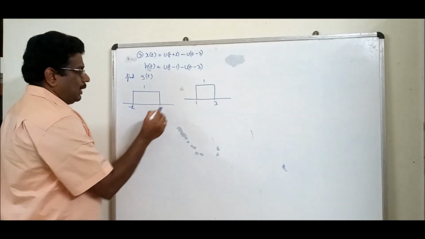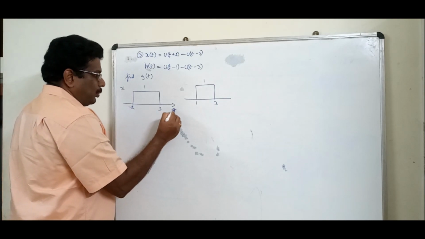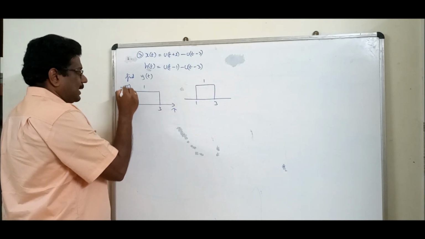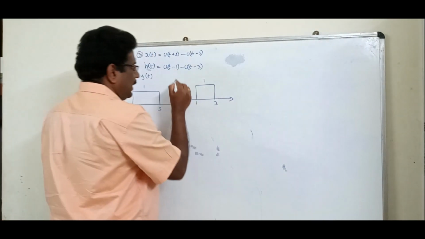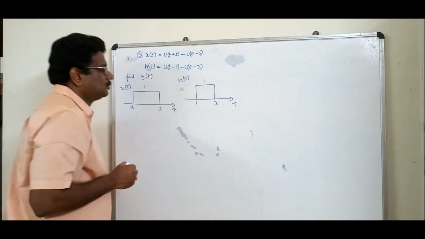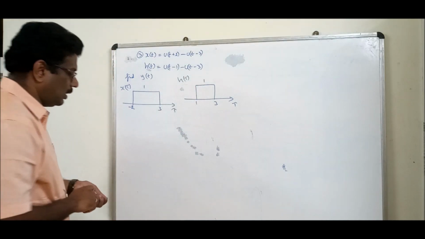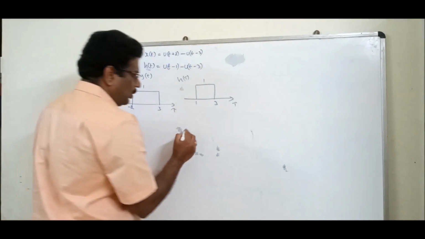Okay. So, if I put a t, it is x of t. If I put a tau, it is x of tau. I am just skipping some steps. If I put a t, it is h of t. If I put a tau, it is h of tau. Now, what is the preliminary work? This signal is a fixed signal. Here you have to do some more work.